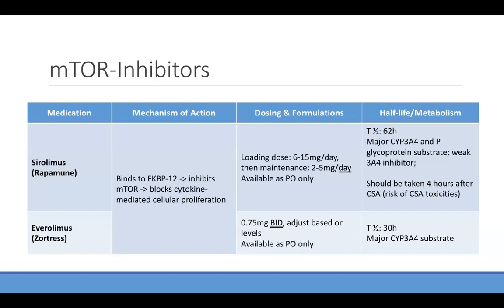There have been also studies that have shown some anti-neoplastic effects of our mTOR inhibitors, as well as some antiviral effects of the mTOR inhibitors. So for example, if a patient has CMV, or if you're worried if a patient has been diagnosed with cancer, which some of our patients are after transplantation, there have been studies that have shown some of these peripheral effects of the mTOR inhibitors that you can consider,